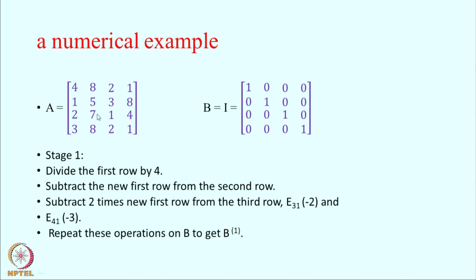Now, I want to do all the operations on matrices A and B, so that I get an identity matrix. So, what is the first task? The first task is that I divide the first row by 4. So, this is my first row. I shall divide every element of this row by 4. So, what will I get? 4 by 4 is 1, 8 by 4 is 2, 2 by 4 is half, and 1 by 4 is 1/4. The same thing I will do for this. When I divide this by 4, I will get 1 by 4, 0, 0, 0.